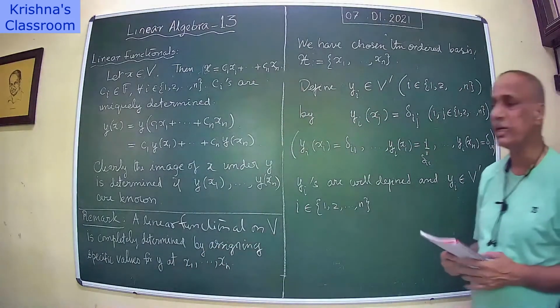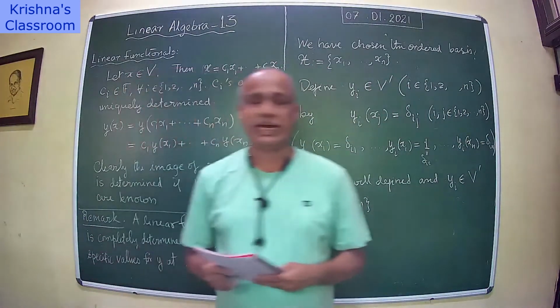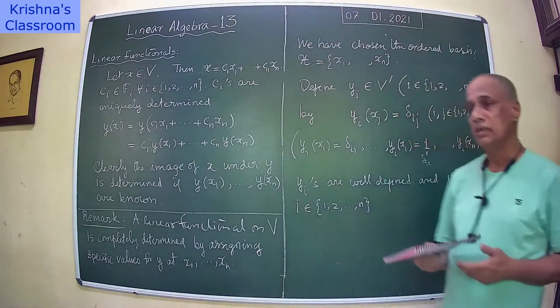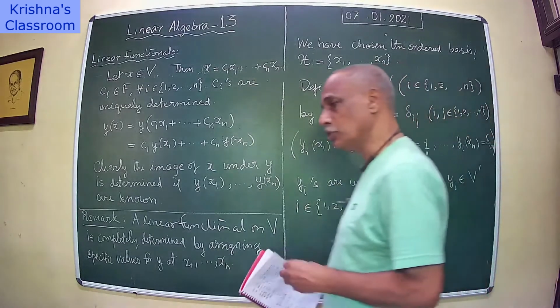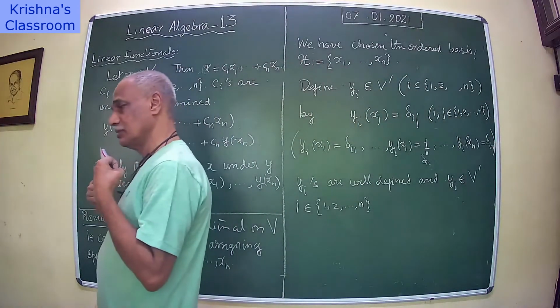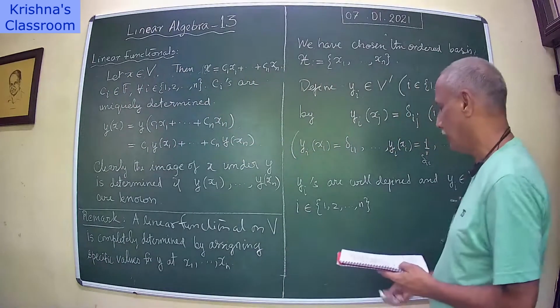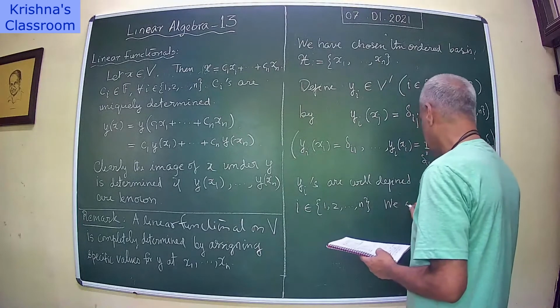These are all linear functionals over V. Now what we claim is that these are linearly independent and they also span V prime. So we hope, expect